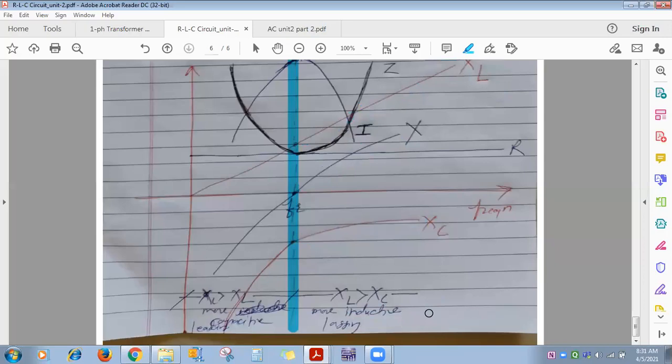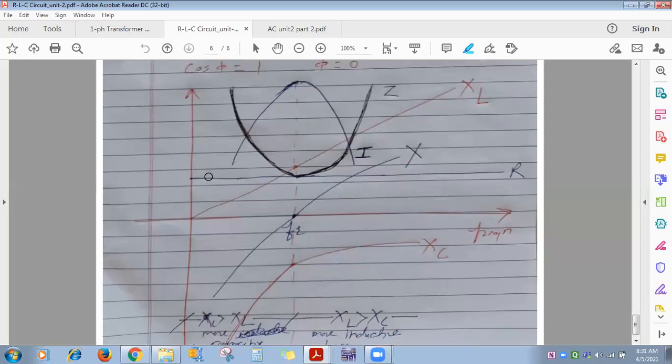So these are the things: below resonant frequency the circuit works as more capacitive, and above resonant frequency the RLC circuit works as more inductive. Now if you see the Z, R is constant. So what about Z? X in this region is negative, here it is 0 and here it is positive. So Z's behavior you will get like this. Initially it decreases, at resonance Z becomes equal to R.